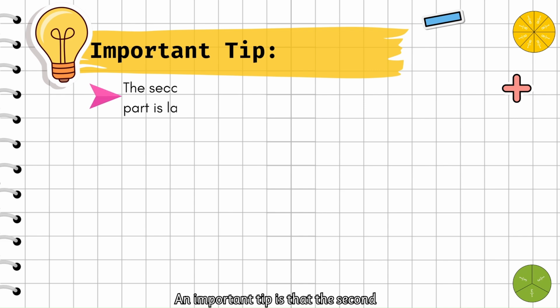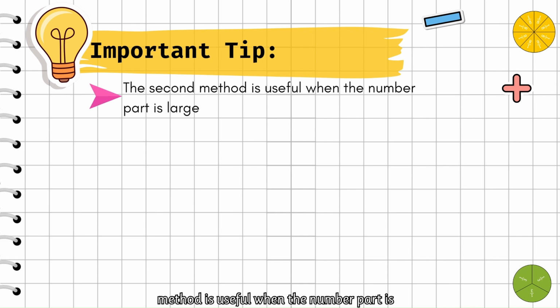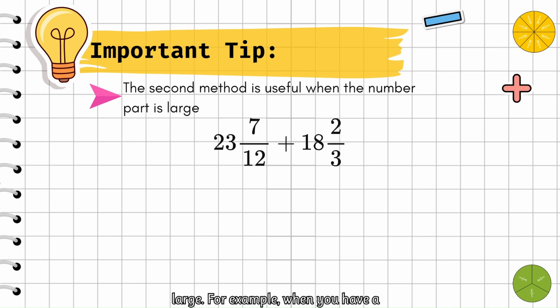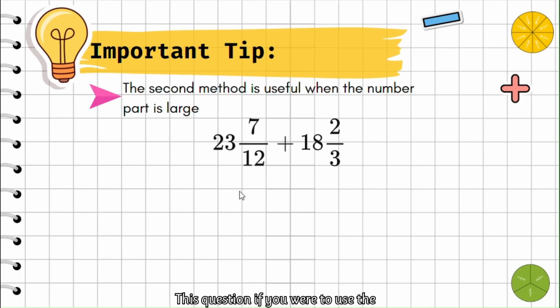An important tip is that the second method is useful when the number part is large. For example, when you have a question like this, 23 whole 7 over 12 plus 18 whole 2 over 3. If you were to use the first method, it would make the number very large because we'd multiply the whole number and the denominator, so 23 by 12, and then add the product to 7. Instead, if you use the second method, we can just add the whole number parts, so 23 plus 18, that would equal 41,